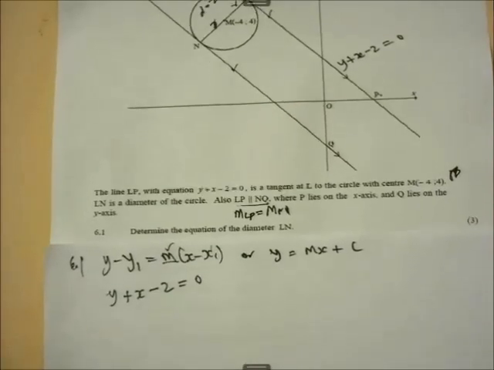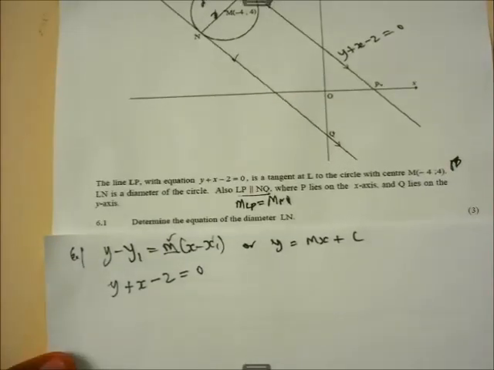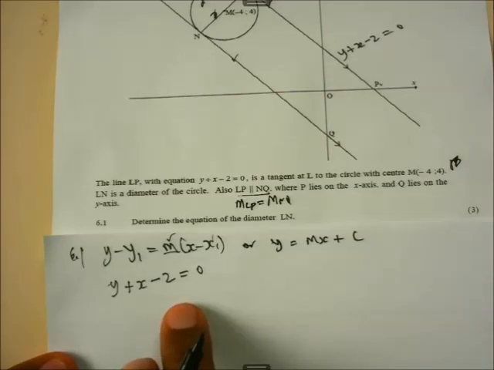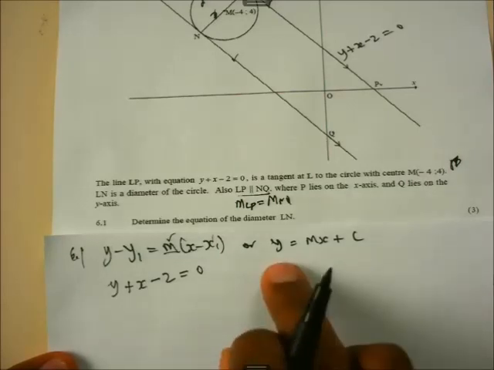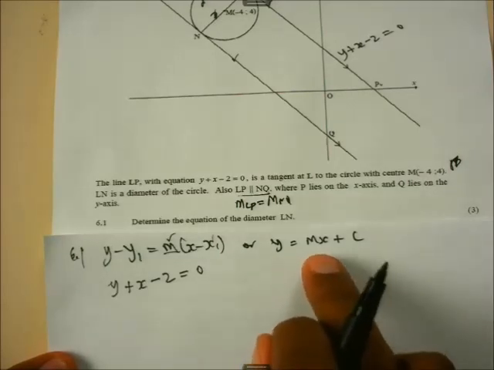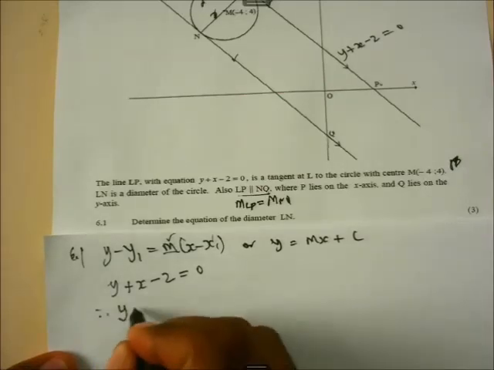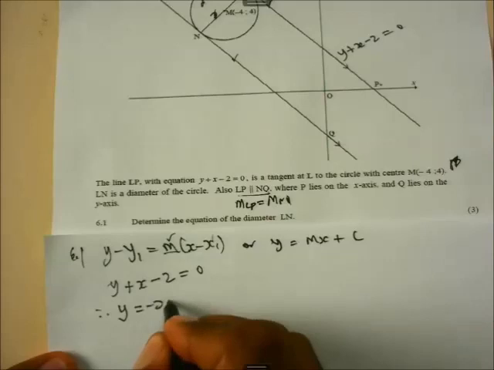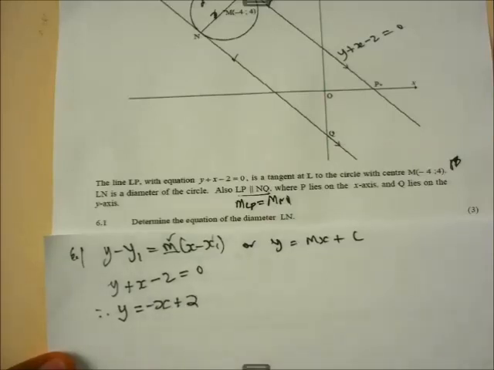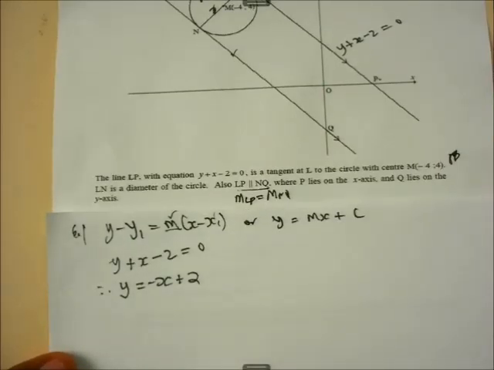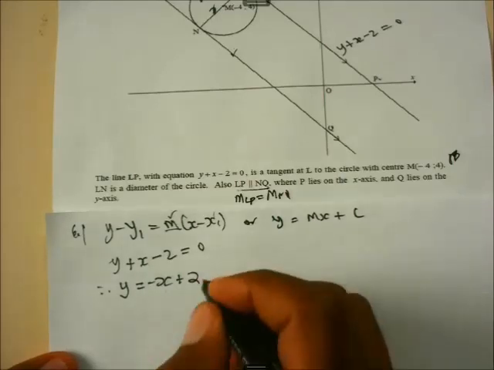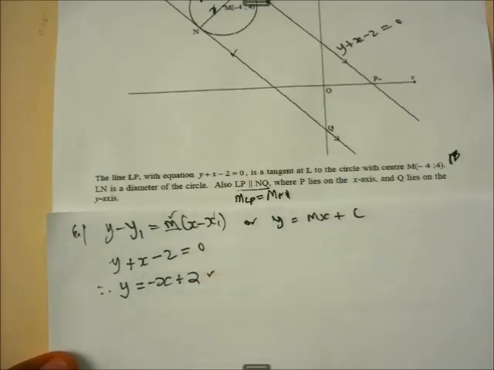Then, the first thing that we need to do is to write this equation in the standard form. We must write it as y equals mx plus c. Therefore, now you will see we are going to have y equals minus x plus 2. Now you can see we have our equation in the standard form. Then immediately from here I can see that the gradient of the tangent